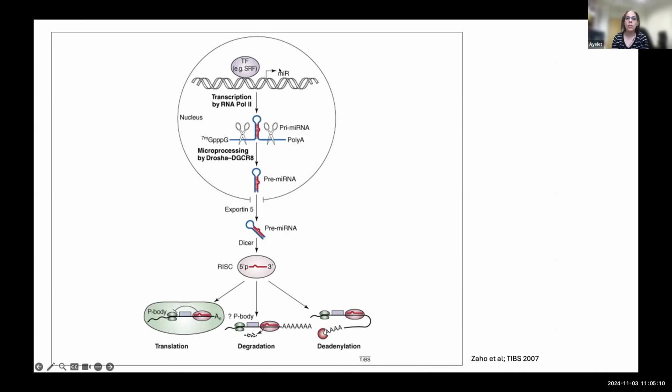They go through processing in the nucleus. The transcription generates primary microRNA and they have poly A. And after processing with the Drosha complex, they are exported into the cytoplasm,